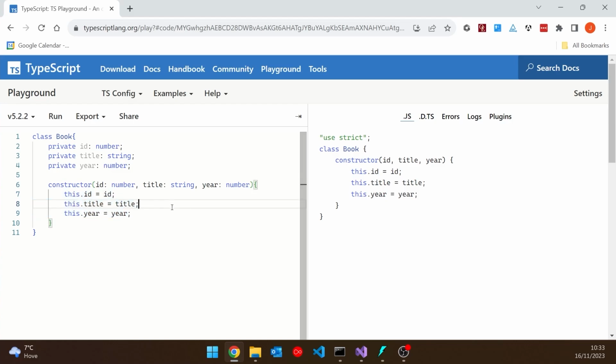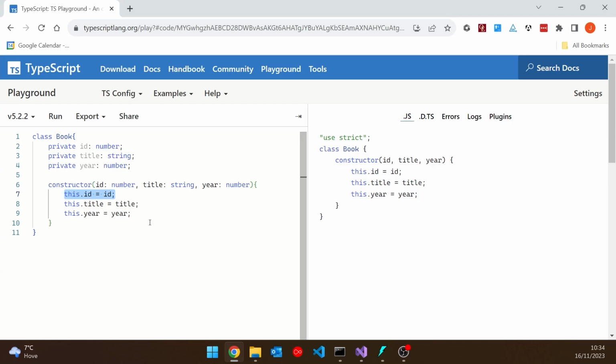But once we've got those parameters passed into the constructor, we then set up those individual fields. And that's something that looks very similar structurally to what we have in C#, and it has the same problem that we are basically repeating ourselves. We're saying essentially the same thing 3 times, because for the ID we have to declare it as a field, we have to declare it as a parameter, and then we have to assign the parameter into the field. And we've got to do that for every one of the ones we're setting up through the constructor.